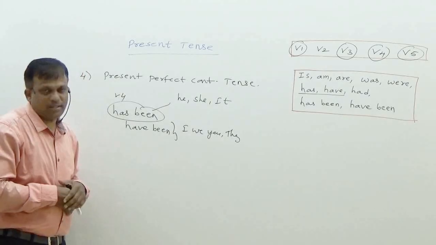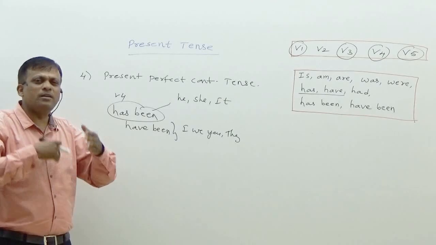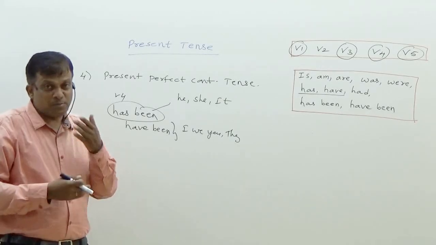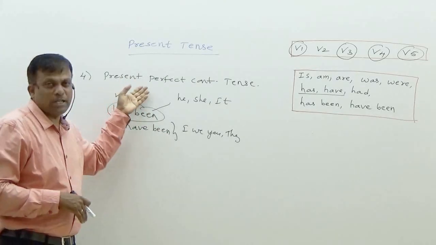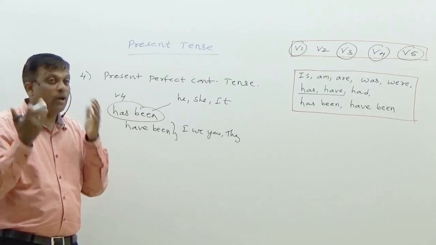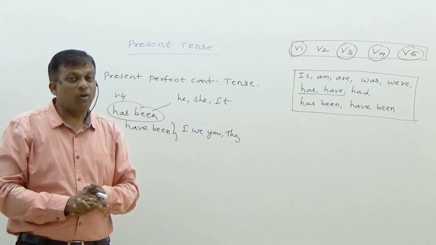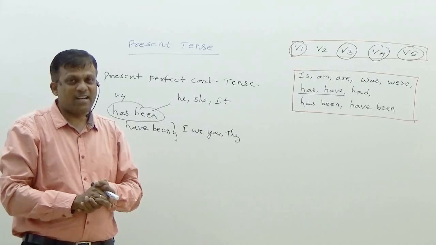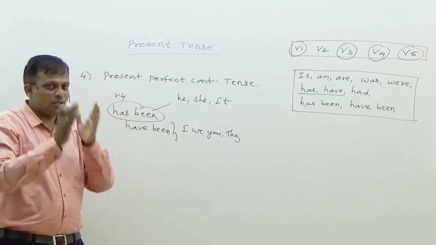Then present perfect continuous tense. Action continuously going on. We have been, he has been, she has been, it has been. So for an action going on continuously, we use present perfect continuous tense. Like, we have been waiting for you. We have been watching this movie for the last 2.5 hours. We have been preparing sweets for next month's celebration. Understand? So with this, the present tense topic is over. I hope